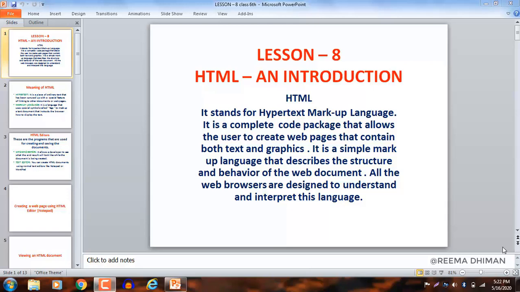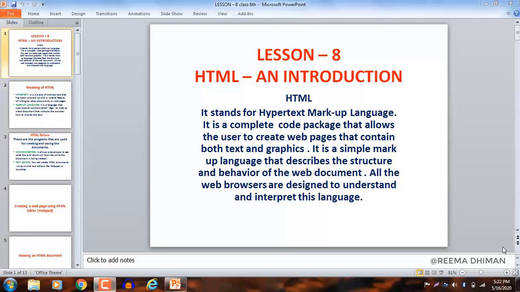So next is, what is HTML? Have you ever wondered how the web pages are created? Which language is used to write these web pages? The answer is HTML. Clear? When you search for any particular information on internet, you just type the particular topic and the information is in front of you. Clear? So from where this information comes and who and in which language that information types in the web page, so we will learn about the HTML.